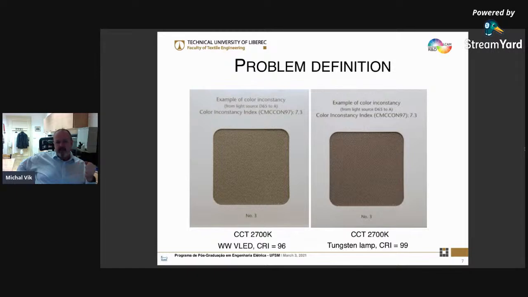Because typically LEDs have a problem: less energy in the red part of the spectrum. It doesn't matter that the CRI is quite high here, 96 units. That is a little bit high for standard LEDs. But here you can see, in comparison to the tungsten lamp, that our sample appears more green, similarly as under